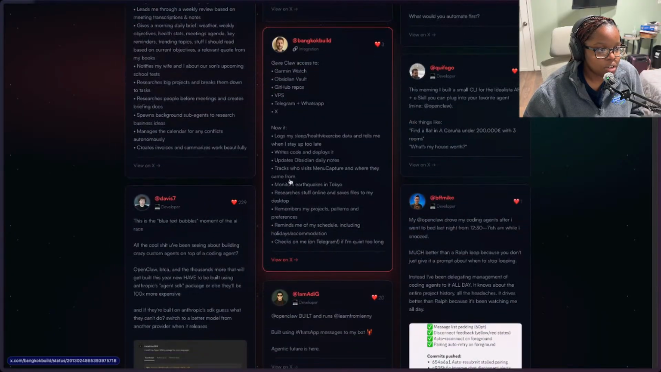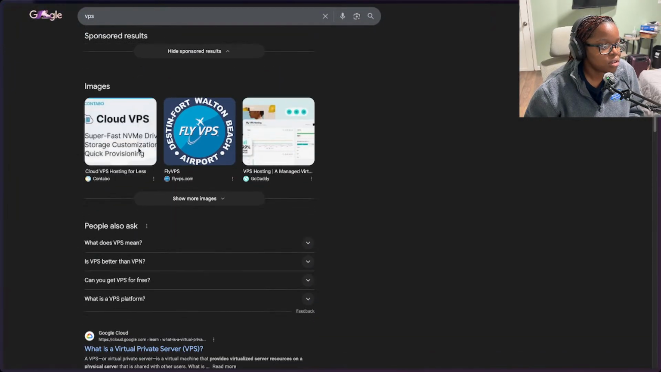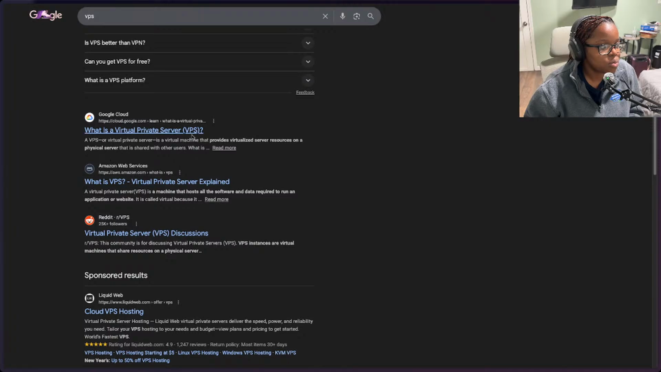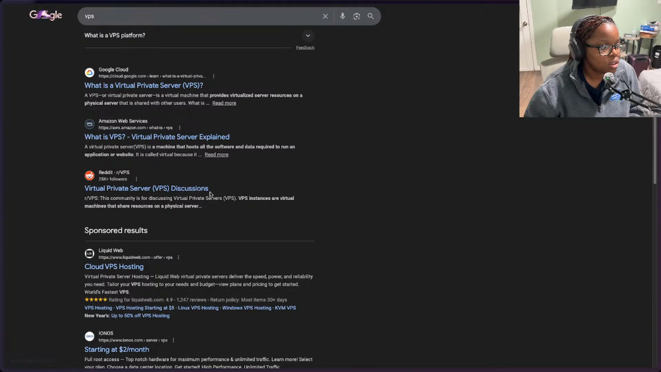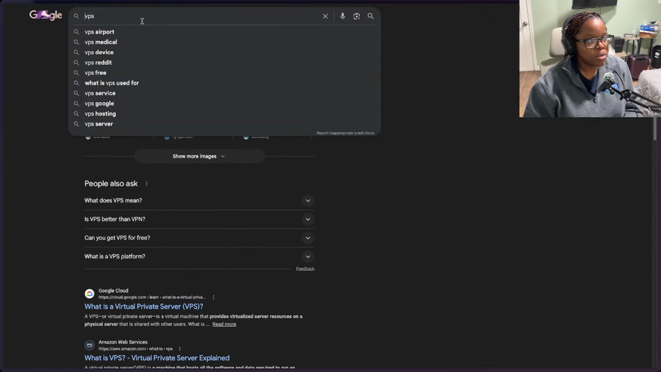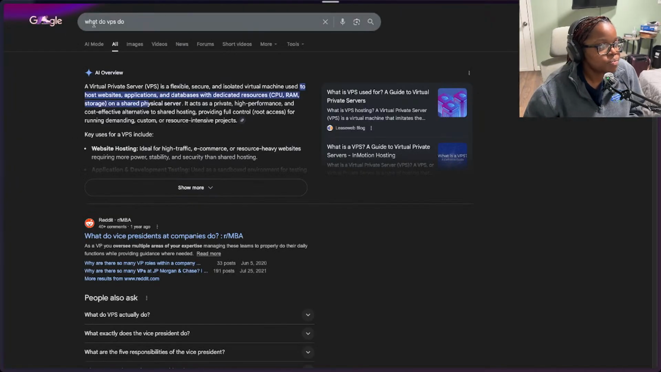So I think something I just saw: gave Claude, they mean Claude, but they said Claw, access to Garmin Watch, Obsidian Vault, GitHub repos, VPS. What's VPS? Hosting? Oh, virtual private server? Oh, okay. Virtual machines that share resources on a physical server. A virtual private server is flexible, used to host websites, applications, and databases. Okay, cool. Anyway,